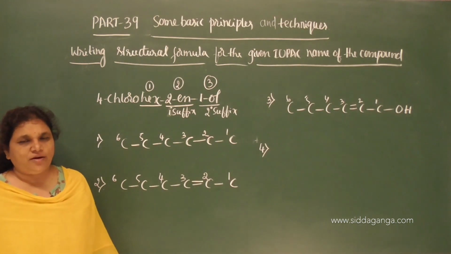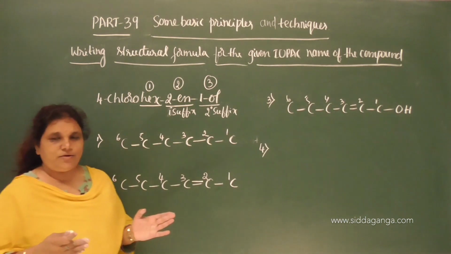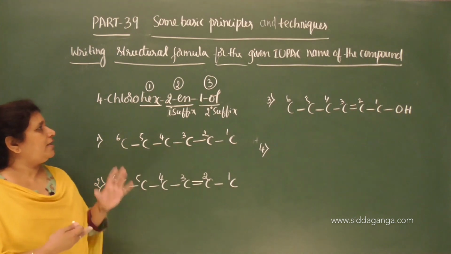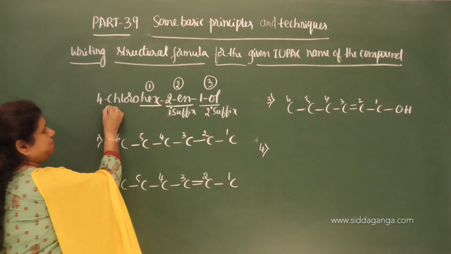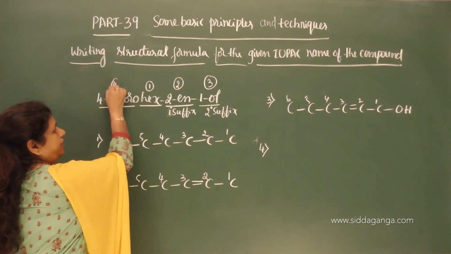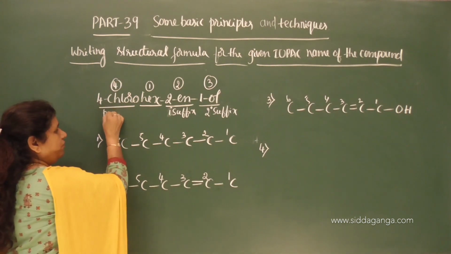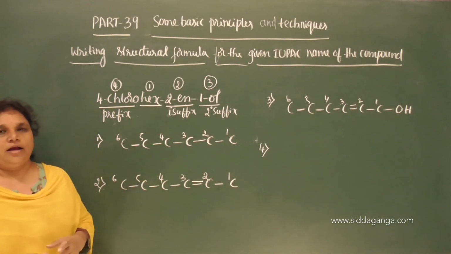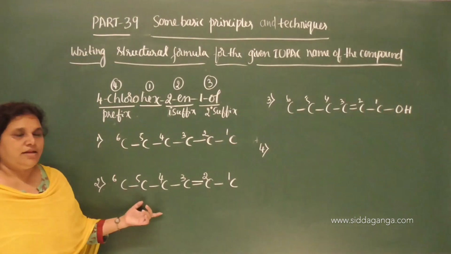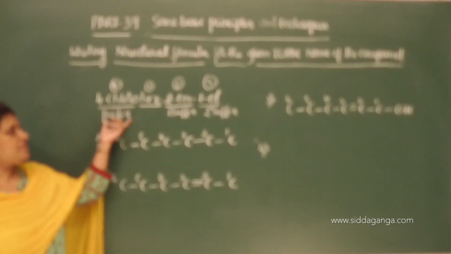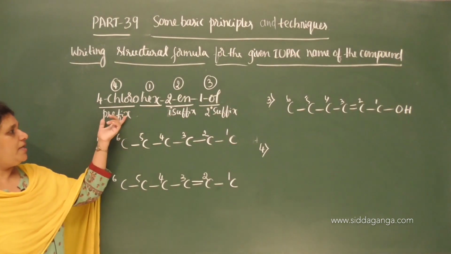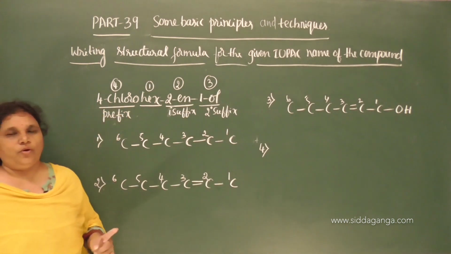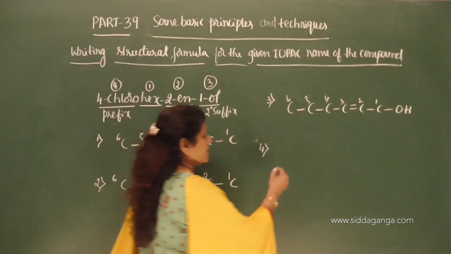Fourth one, what is left now? Substituent group. So the priority goes in the same way. First comes functional and then the multiple bonds and then the substituent. On the basis of prefix, this is prefix, correct? On the basis of prefix, we need to place the substituent group on the appropriate carbon atom on the carbon skeleton. So on the basis of prefix, and before the prefix we have locant. So 4-chloro, on the fourth carbon we have chlorine atom as a substituent.